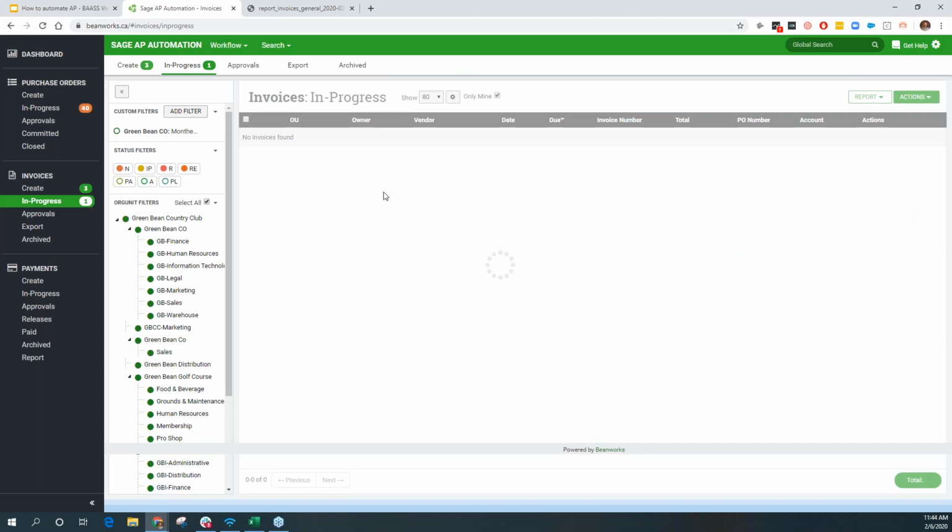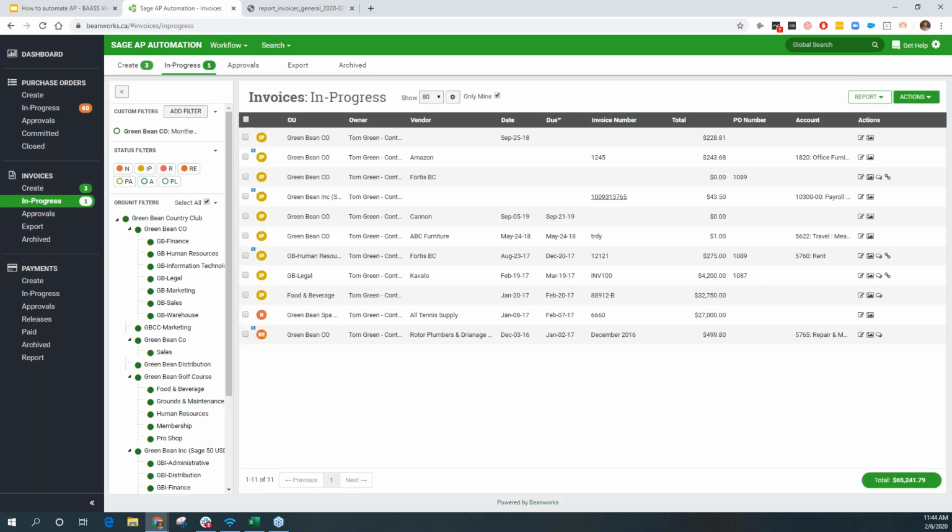So we made it through the payments module as well from start to finish. So we've covered purchase orders, invoices, and payments. Today's walkthrough was a brief walkthrough of really the general uses of our system, of the Beanworks and Sage AP